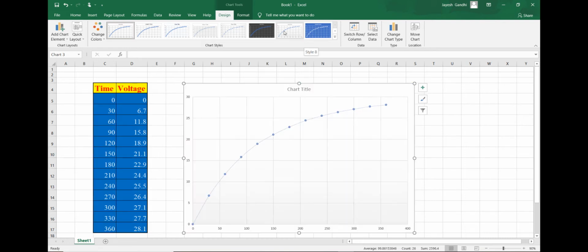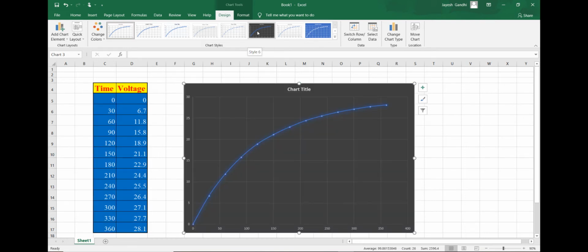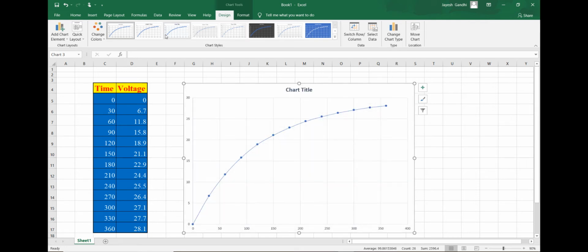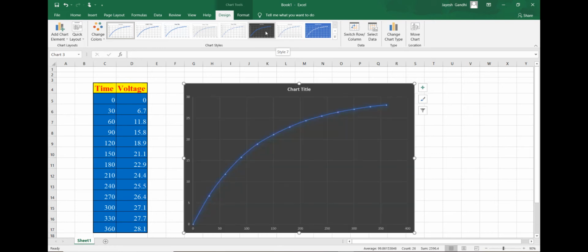We can select whatever nature of the graph we want to take, whatever design we want to select. I will select a black design, suppose, and then I can write the chart title. Charging of capacitor.